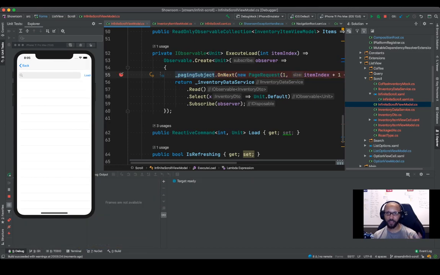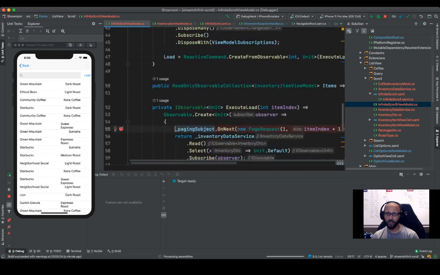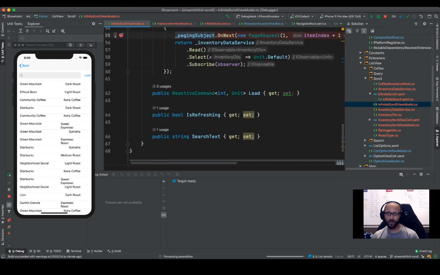We'll hit the paging. Ooh, the activity indicator is not doing what it's supposed to do. Why is the activity indicator not doing what it's supposed to do? If it isn't, that means we have not provided the is loading correctly. So let's go look at that real quick. Yeah, we didn't do that. So let's go wire that up,